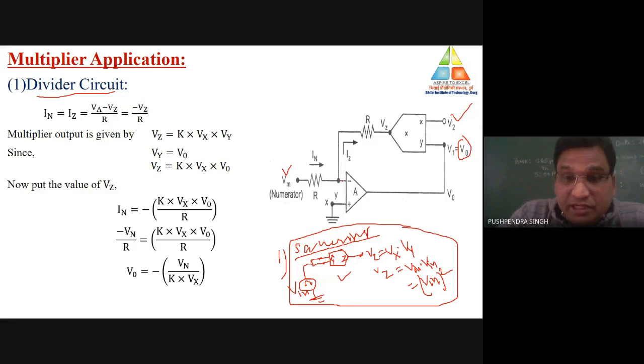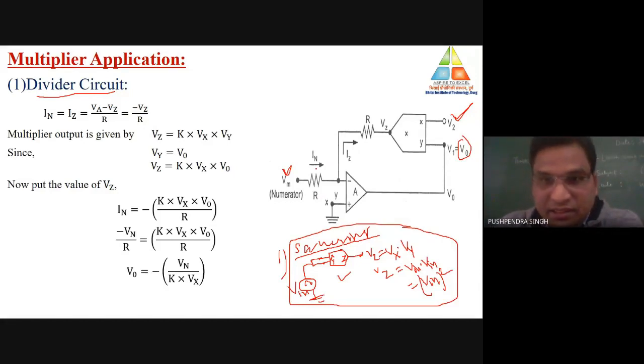At the input terminal of this multiplier, the op-amp is connected in inverting operational amplifier configuration. Why? Because this input terminal is connected to the negative terminal of the op-amp. So it is called the inverting amplifier. The input of this inverting amplifier is this Vm, V2, but the output is connected to V1. So we are taking V1 or this Vy as an output. I hope that would be clear.